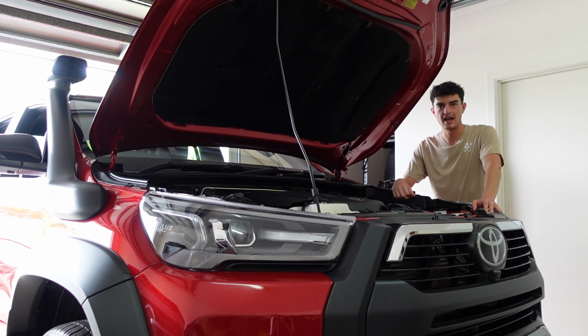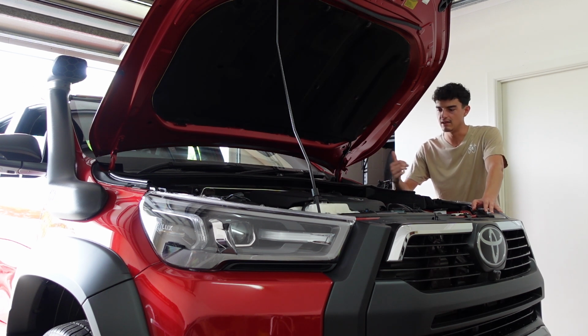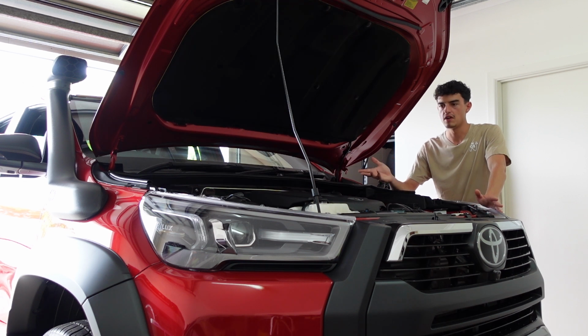It doesn't have flappy paddles or anything like that on the steering wheel. Don't need any of that rubbish anyway. So for me, transmission is fine. I have no issues with it. Feels good, does what it needs to do, and it's an